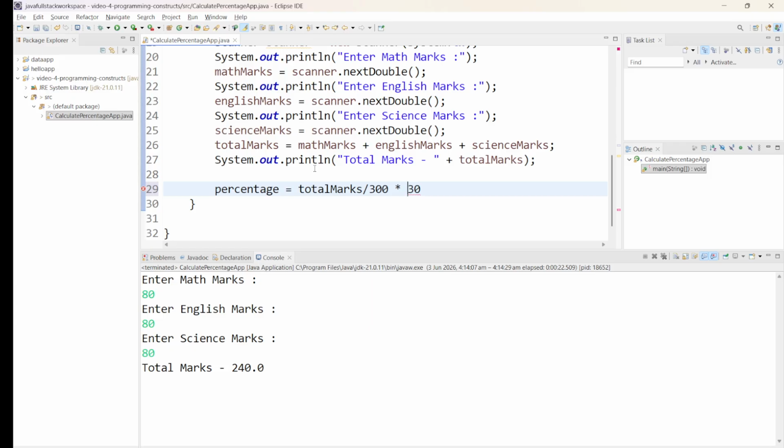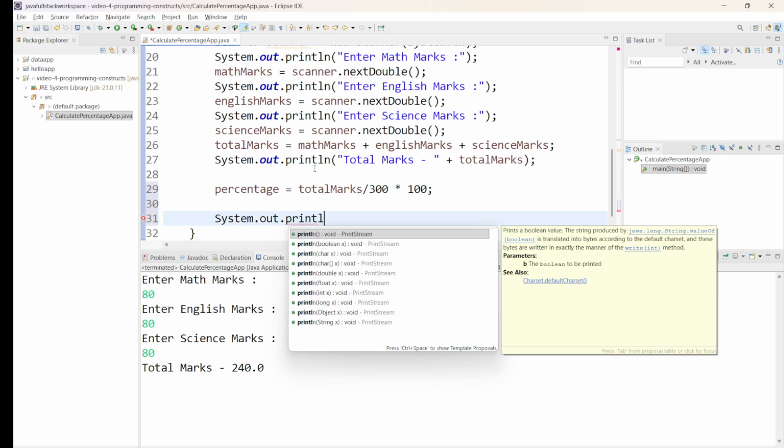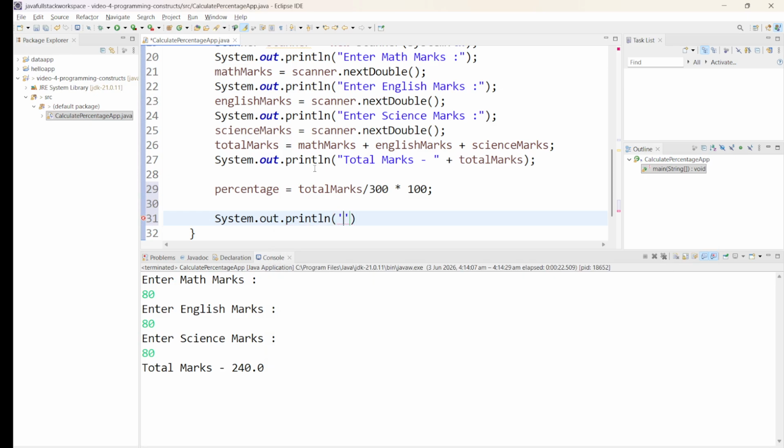sorry. See, syntax errors, compiler will help you. Runtime errors, exception handling can help you. Logical errors, neither your friend or family, God also will not help. Why do you want to take risk? So System.out.println, and then I can say percentage